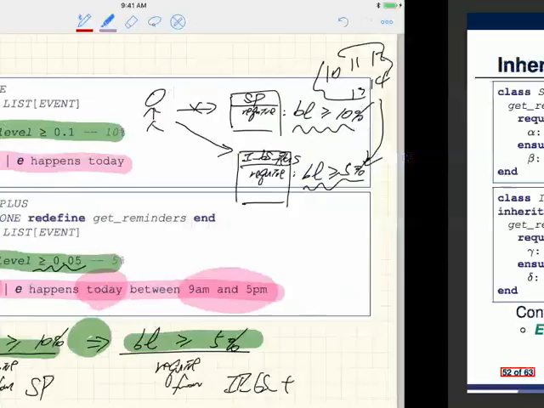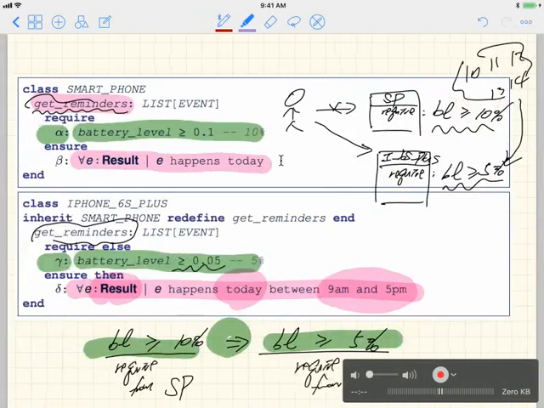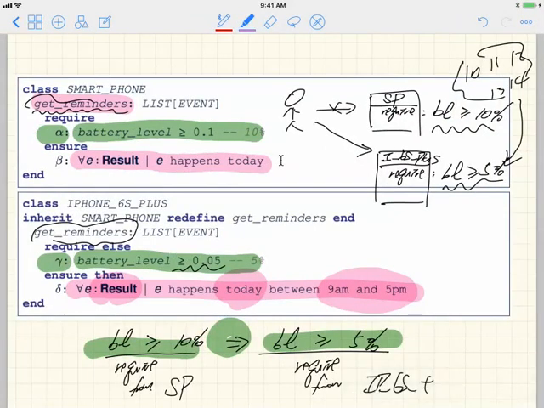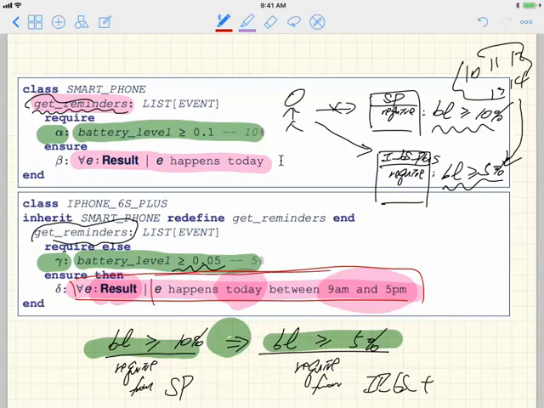Let's see, in this case over here, how would you judge? Let me just write it on the top. Over here, you can see this is one formula. It's a for all quantification. And how would you do that in Eiffel? You can use across all. Let's only focus on this particular body over here. So that means E happens today,